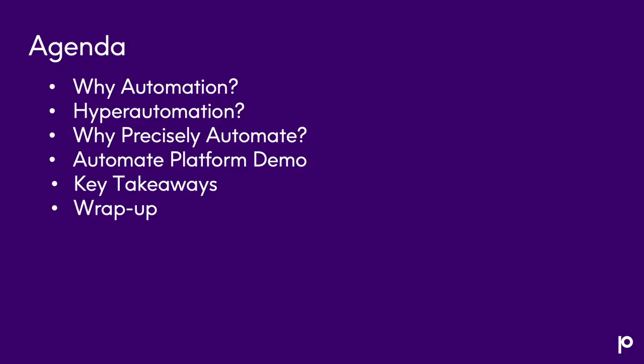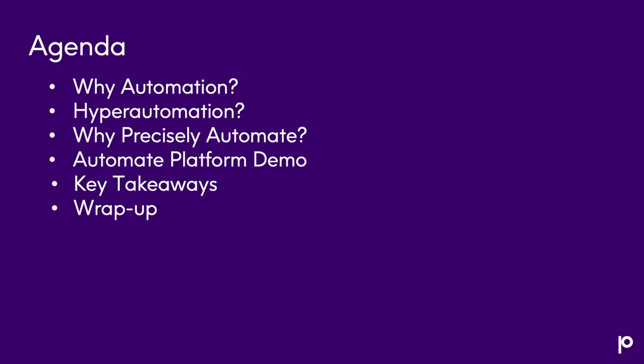And then following that, Tracy's going to walk you through a demonstration of kind of what does it look like? How does our platform, and specifically our Evolve platform, really help you drive efficiencies through your various business processes? And in this case, it's going to be a business partner within SAP S/4HANA. Once she's finished with that, we're going to do a few key takeaways, and then we're going to do a brief wrap up. So let's get started, and let's talk a little bit more about automation.